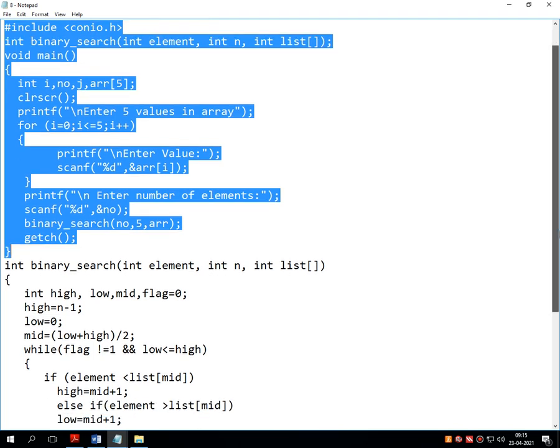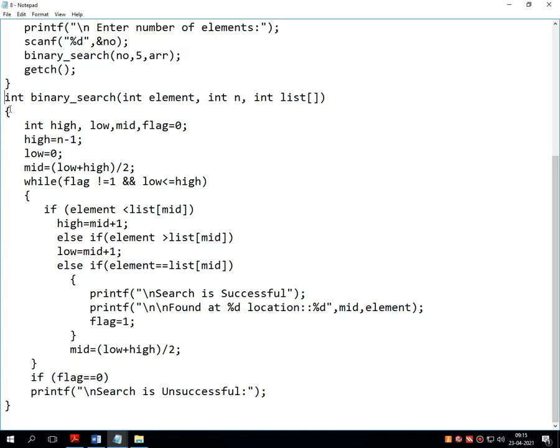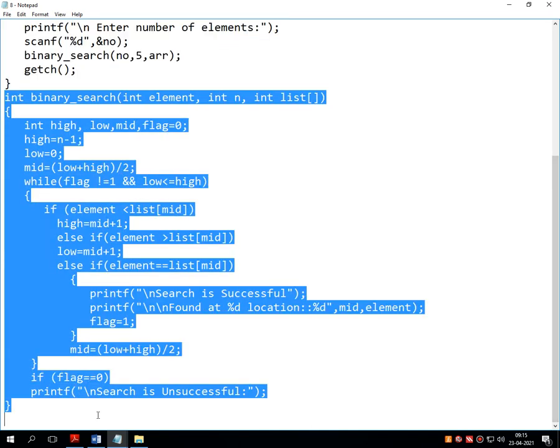Again, just pause the video and write down the remaining lines of code. I request all the students to write down every line properly, so that you will have very few problems while executing this program at your home. I hope all of you have written this program. Just test yourself at your home.